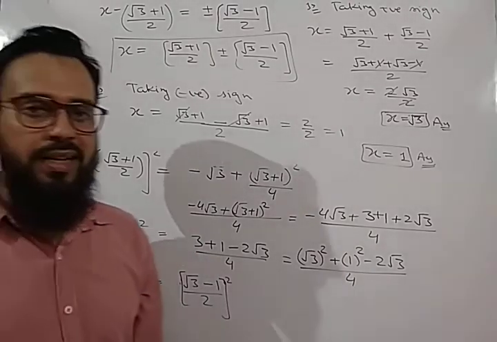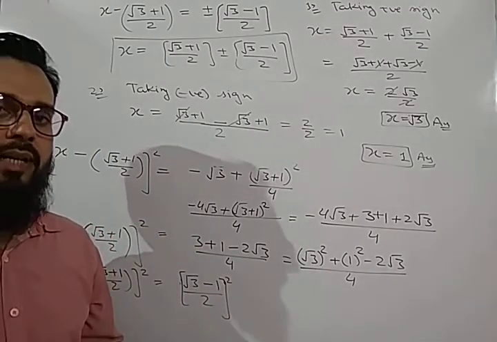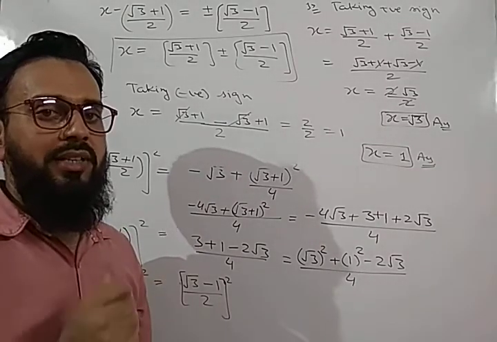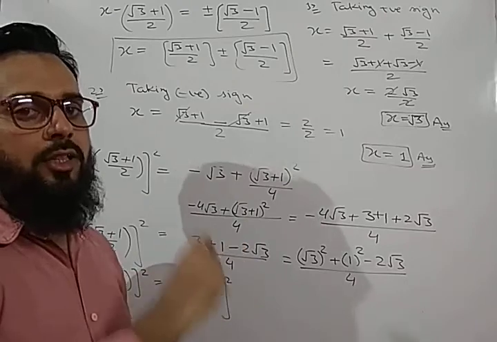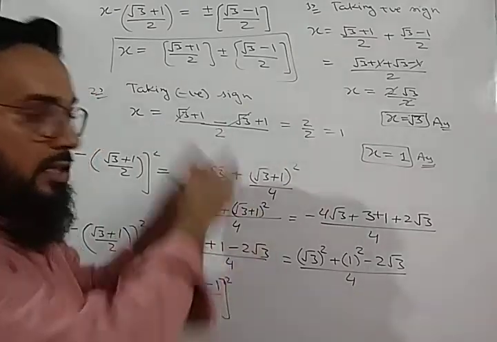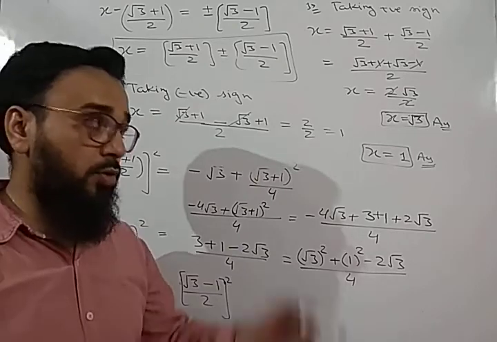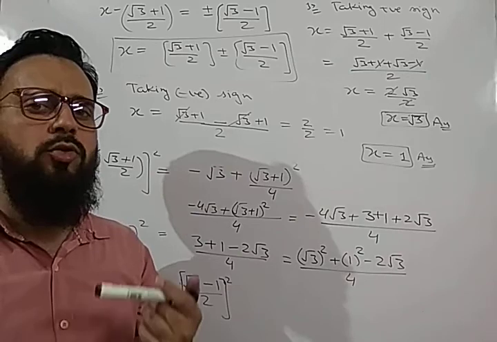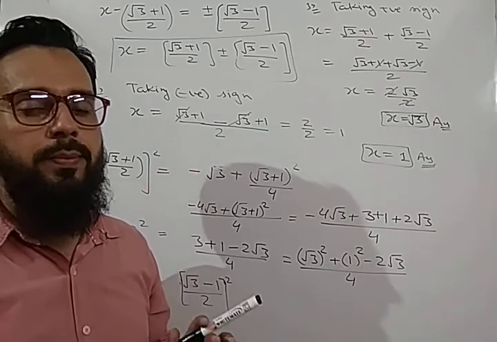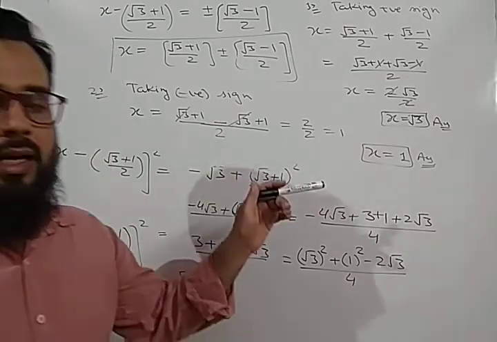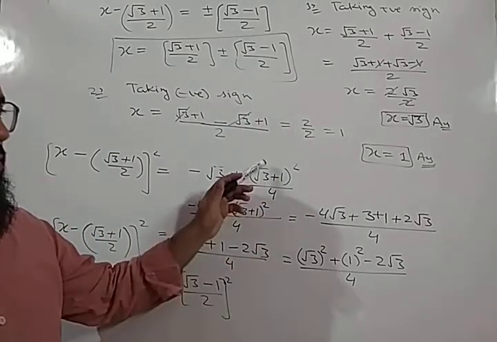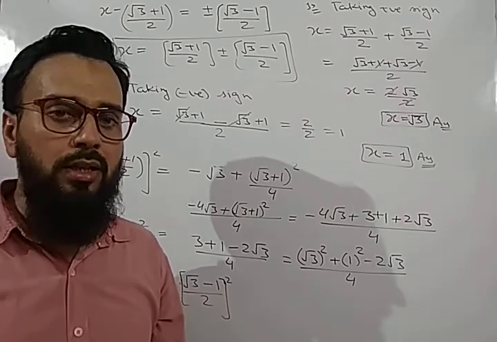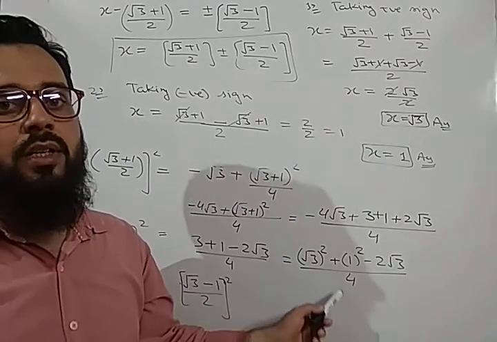Okay, so in this way you can solve the questions based on the method of completing the square, and this method is very important. It is asked by name in your board examination. You will be given the question to solve by the method of completing the square. Then you have to follow these particular steps. Otherwise, if you solve this question by any other method, your marks will be deducted. You will not get the full marks, or you may get some of the marks but not all. So you have to remember all the steps and practice this method very carefully so that you can secure good marks. Now from the next video we will study the Sridhar formula.